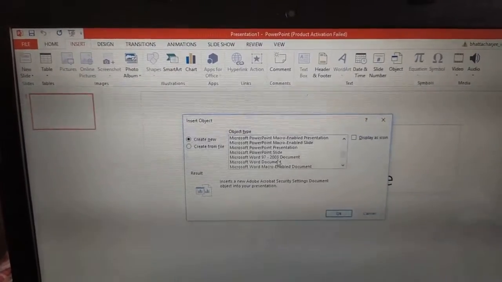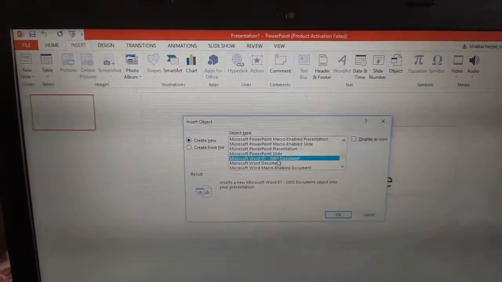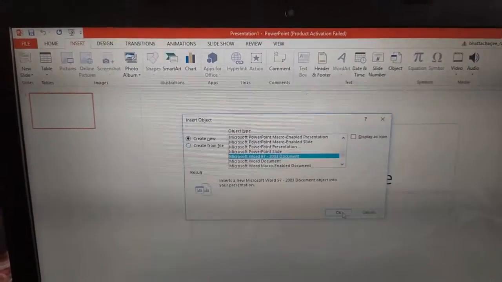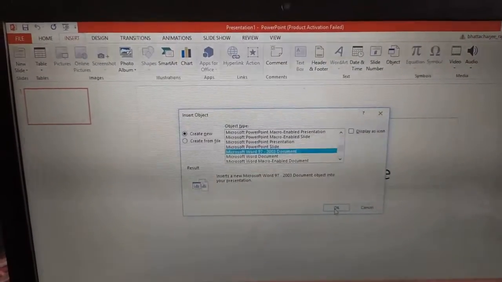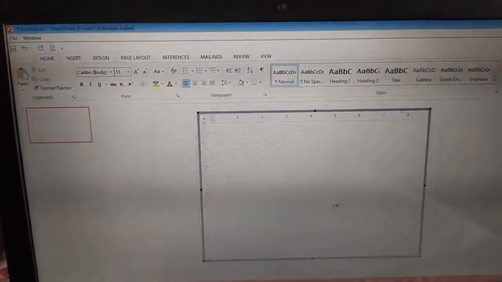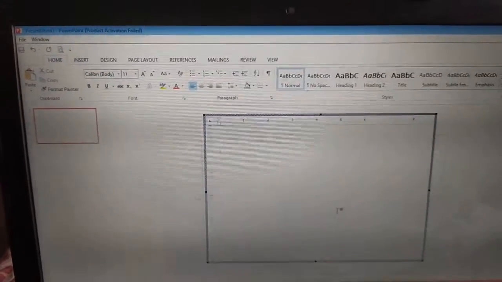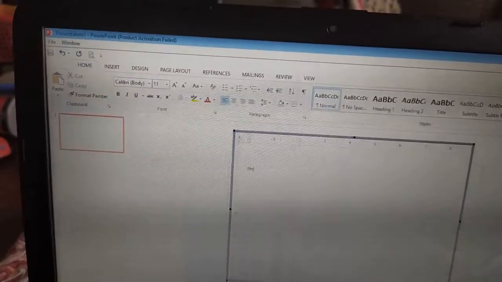Let us select this one, Microsoft Word 97/2003 document, and then let us click OK. Now over here we can type our document.